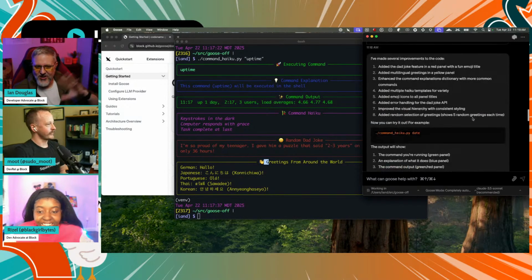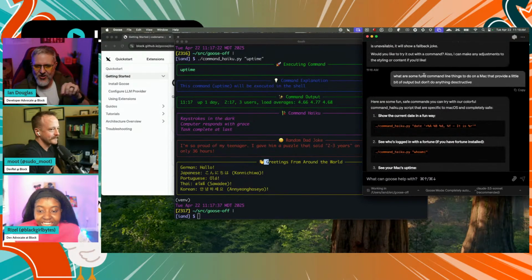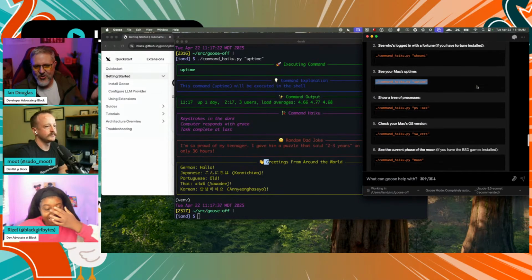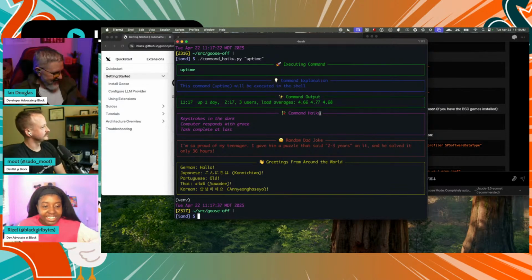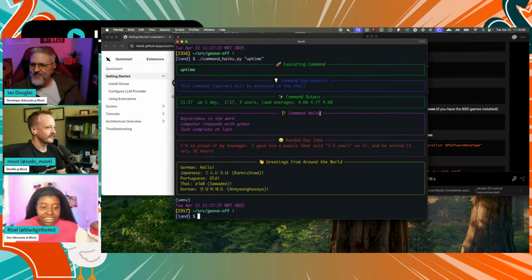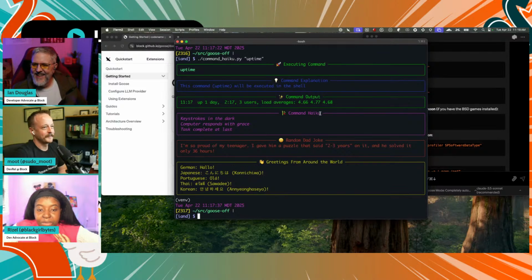And it went through and it installed the request library to go pull the thing. And then I came back and said, give me some fun commands that give us a little bit of output, but don't do anything destructive. And it gave me a few ideas. So I just grabbed uptime, and this is what it came up with. That's so fun. Goose is okay when you're vibe coding. AI agents and stuff like that are really fun to just throw in a whole bunch of random stuff. But when you really want to do something for real and it just adds random stuff, you're like, wait, no, please. You're like, that's too much. Thanks for being helpful, but you're too helpful.